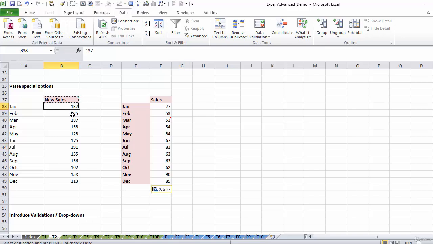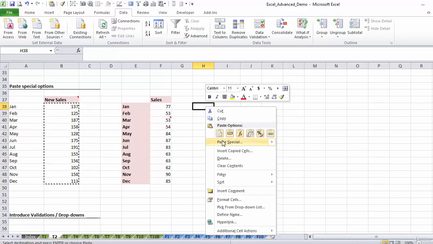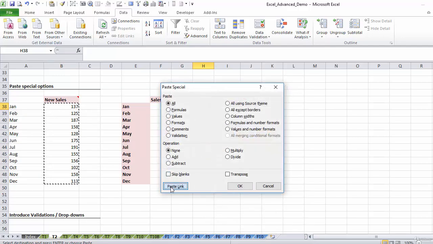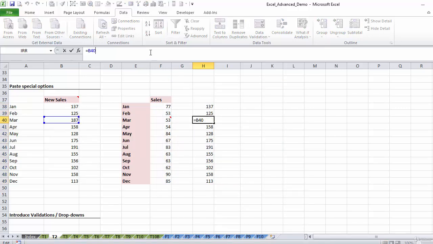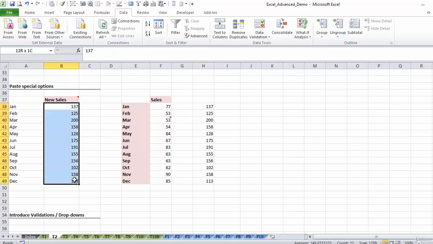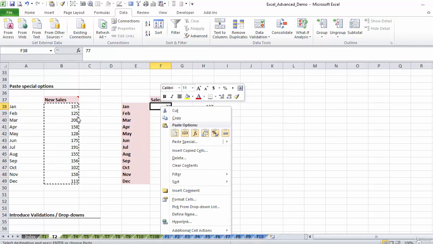Paste link, let's copy these here. Paste link is down here. You can see they are now formulas that are attached to this cell. So if I change this value, this changes as well. And lastly, we have our operators. So if I copy this and go here, so let's say these are my new sales values coming in,